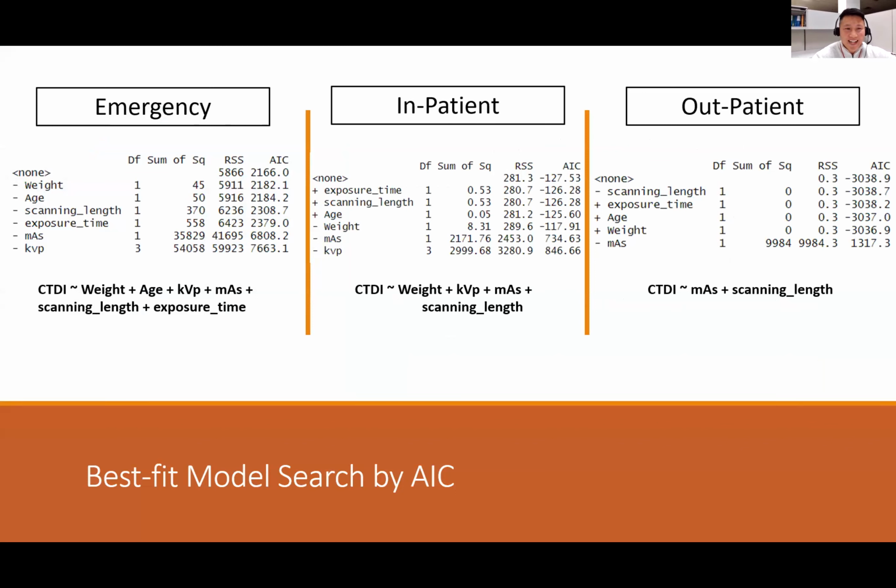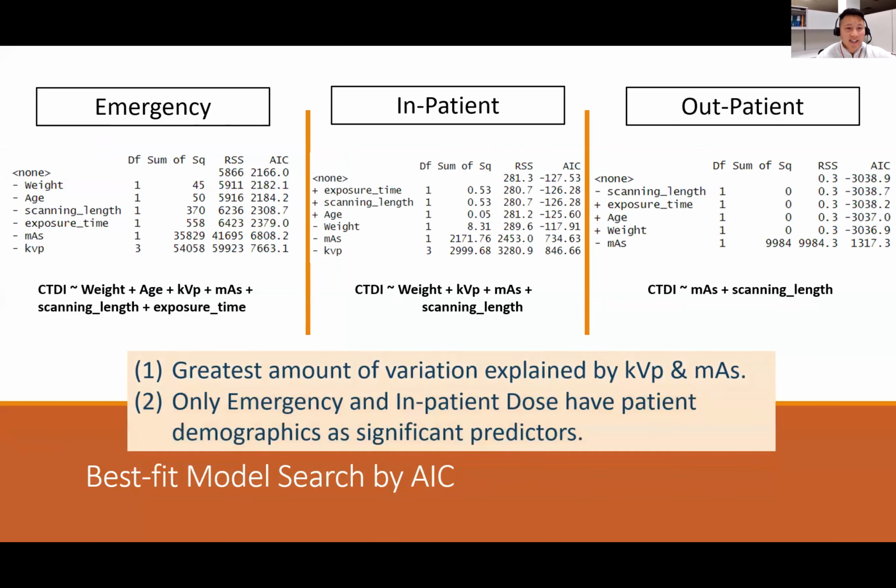So this is a busy slide. However, it just kind of shows you the last step of the AIC model search and what the AIC had determined as our best model. I'll just point out a couple points here: the greatest amount of variation was explained by the CT parameters KVP and MAS, where there's a significant drop in AIC for all three of these patient services, whereas the other ones such as weight, age, scanning length, and exposure time made the model better for emergency, but not significant